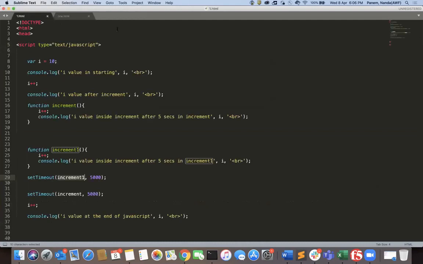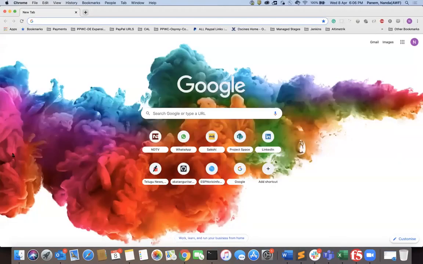So what is ES6? First of all, what is an ES6? ES6 is nothing but a JavaScript extension. In the 1990s JavaScript came, but after this there was no improvement in JavaScript. From that time till 2011, 2012, we don't have any improvement. Whatever the language they had written, that only we are using. But later they thought, let's improve our JavaScript more, because JavaScript is powerful and they wanted to make it more powerful. So that's the reason ES6 came into the picture.